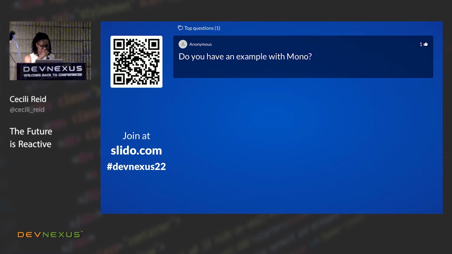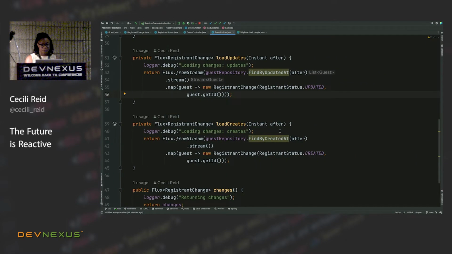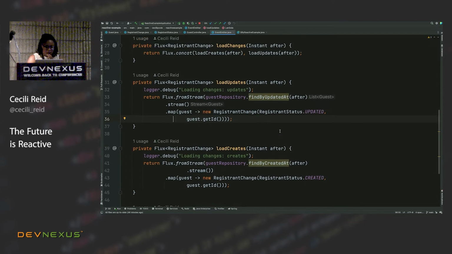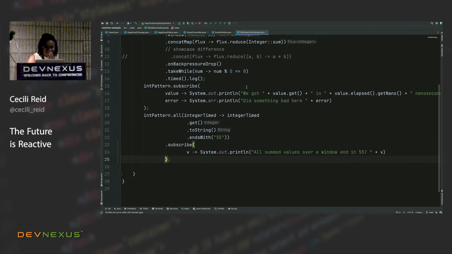Excuse me. All right, so technically we have 9 more minutes, so if anyone has any other questions, please ask them. But hopefully the person who asked about an example with Mono is still here, and I will go over that. Thank you. And a quick plug, if you are interested in reactive, the next session will hopefully build on this even more. All right, out of curiosity, is the person who asked about Mono here? Okay, thank you. I just want to be sure I'm not wasting anybody's time.